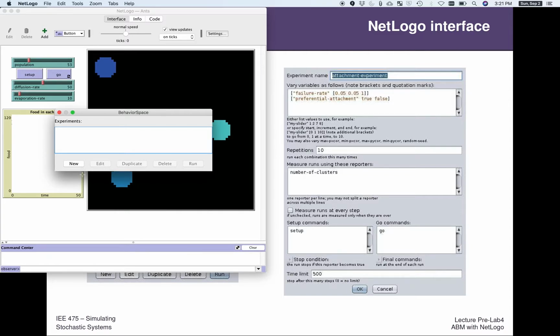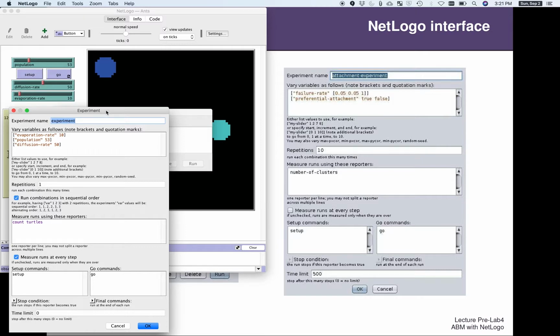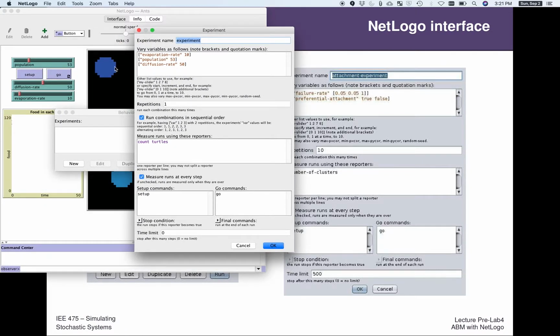If I hit new here, I'm brought up with a new experiment, and it's automatically populated with the names of the sliders on my interface and the current values of those sliders: 10, 53, and 50. But I could go in and say I actually want this experiment to try every value of the evaporation rate at the levels 10, 20, and 30, and every population at 50, 75, and 100. And maybe I'm okay with one diffusion rate for this experiment. So it will then do 3 times 3 times 1, so 9 different